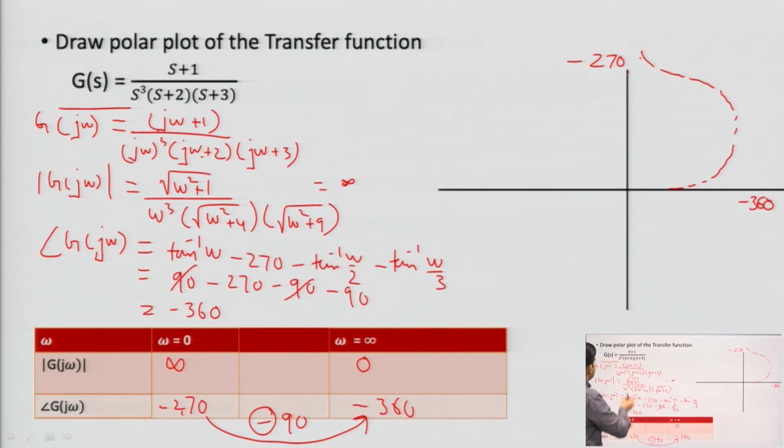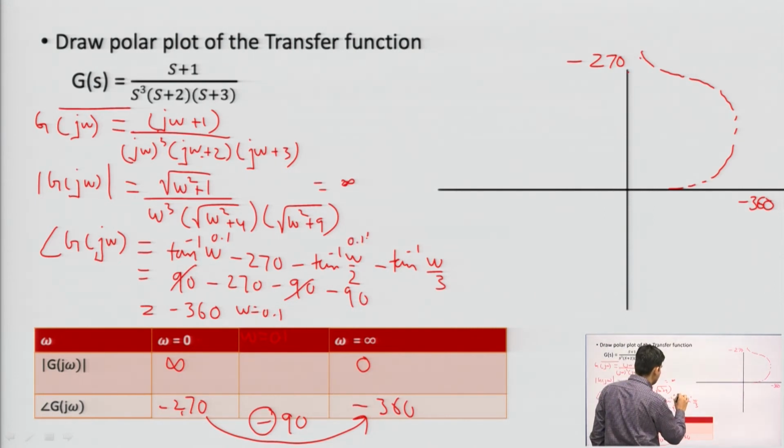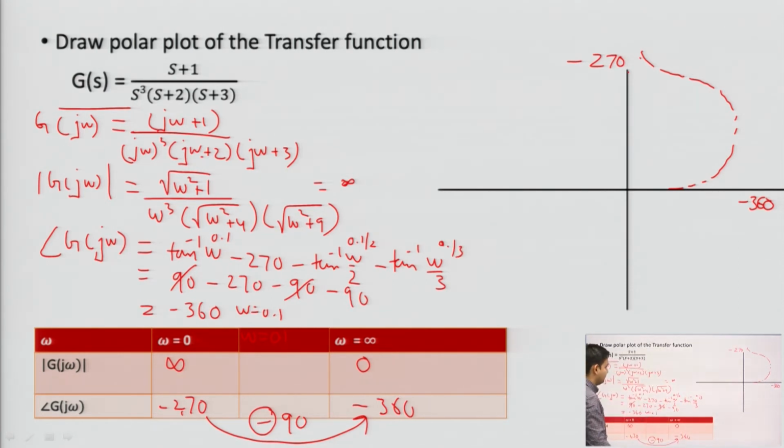Now, we have to see, this s cube is coming in the denominator, it is higher order. I need to check what its value will be if I put omega equal to 0.1. If I put omega equal to 0.1, what would be the phase? So, in this expression I will put omega equal to 0.1: tan inverse 0.1 minus 270 minus tan inverse 0.1 by 2 minus tan inverse 0.1 over 3. If you calculate, you will observe this phase at 0.1 will come around minus